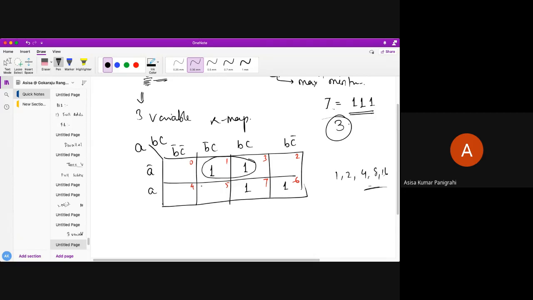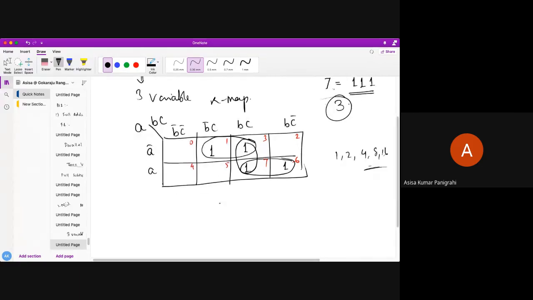Okay, next I have done it like this. Next I have done it like this. Am I correct, students? So what I have done here, I have used minterms many number of times if it gives me minimum number of literals. To get the maximum number of minterms, we should combine. Okay, so see here what I am getting over here.